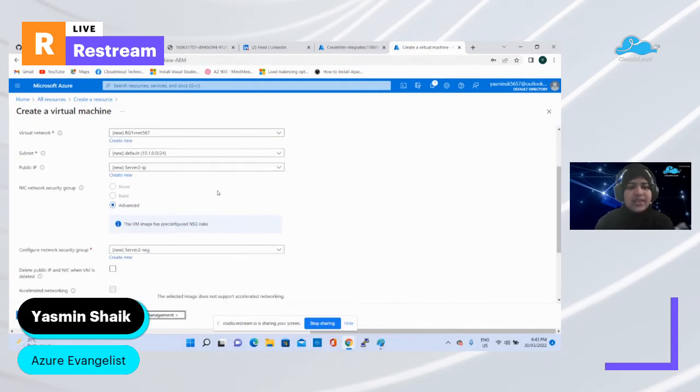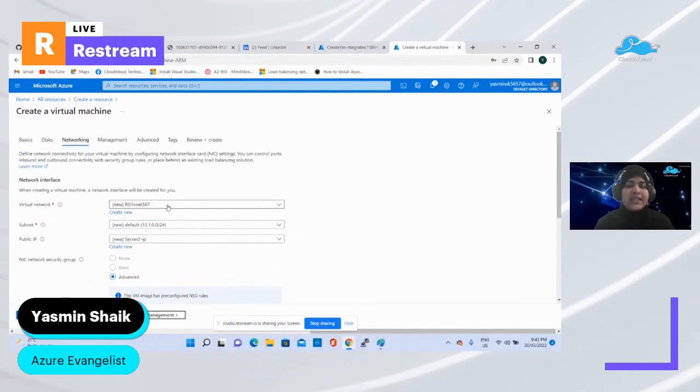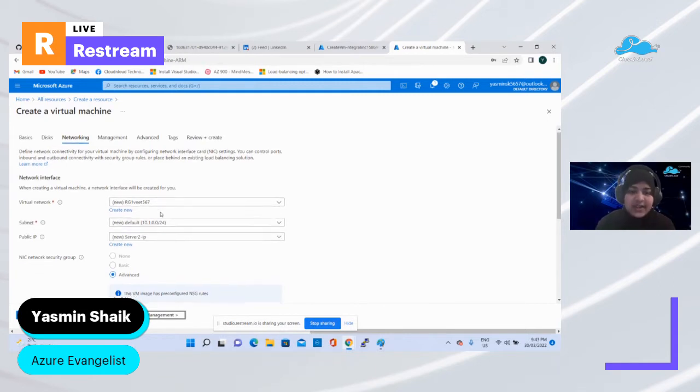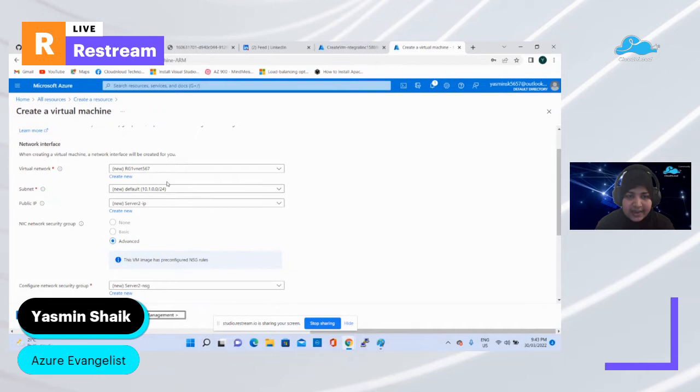So as you see here, we are creating this virtual machine in the same resource group but in a different region, right? I have chosen the same resource group RG1, but I am creating this virtual machine in the West US region. So that's why it has been created in the same network, but it has allocated a different subnet to this virtual machine.